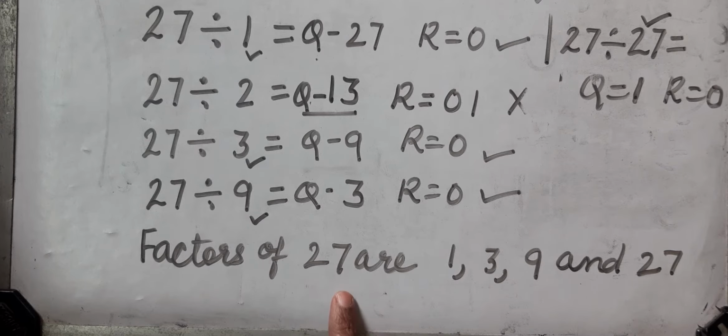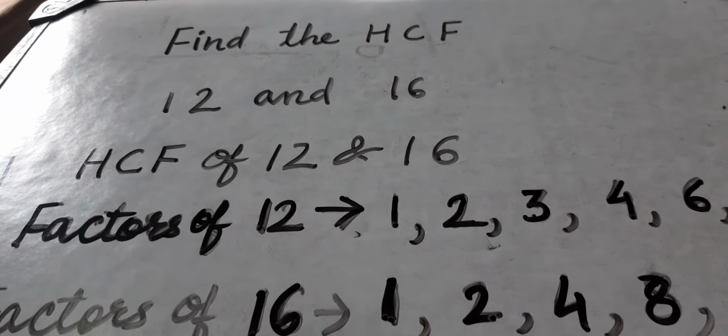And there is one fact about factors. All the numbers have two factors, 1 and the number itself, except 1. Among the remaining natural numbers, each number has at least two factors, 1 and the number itself. There could be more factors also, but at minimum each number will have two factors. Now we will see what multiples are.